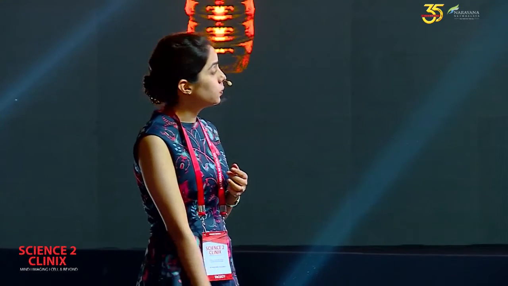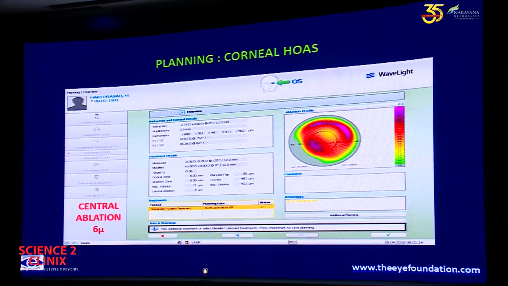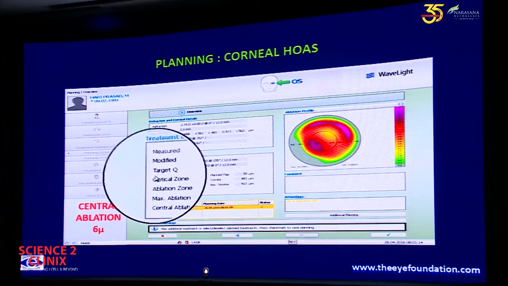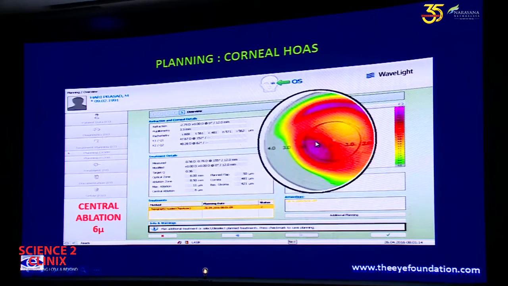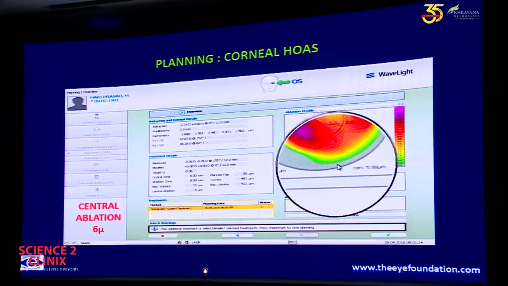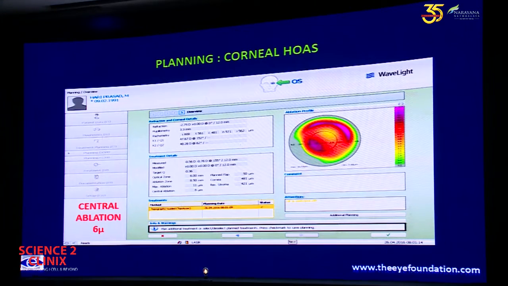Now this is just an example of a patient. You can see that this is a regular myopic patient, and when you use a wavefront approach, this is the treatment pattern that we get. Now when we go to the modified approach, where we don't treat the sphere and cylinder, the pattern that you get is this. This essentially is just the higher order aberrations. Right now we're not doing any of the lower order aberrations. What you see in the center would be a coma, and what you see in the periphery would be a trefoil.